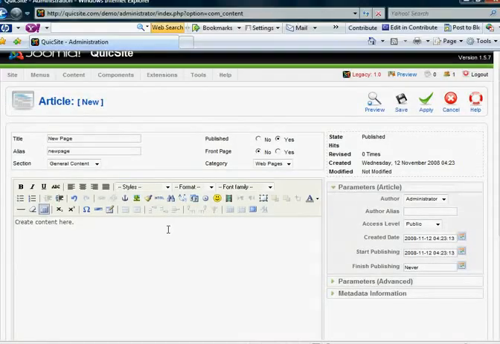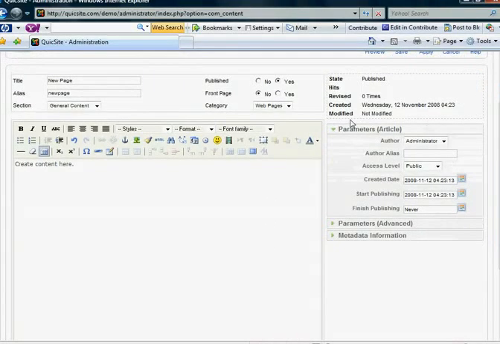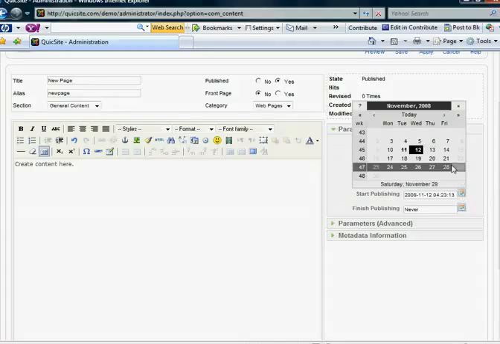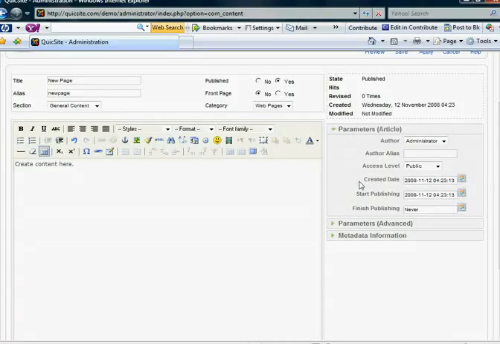In subsequent tutorials we'll go over how to add pictures and other elements into this area, but some other things to bring out in this tutorial are some parameters that you have available to you. One nice thing is that each web page, the start publishing date and the created date are going to be filled in by default for you for the day you created it. But you can, in the start publishing field, select this calendar icon and choose a future date for this page